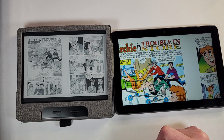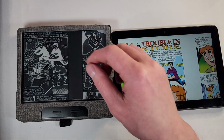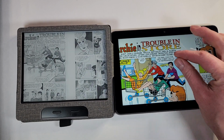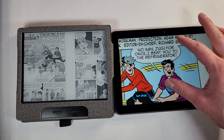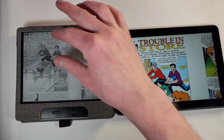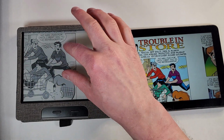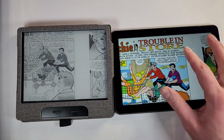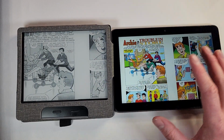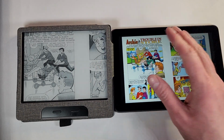Technically, you can do the same thing on the e-reader. It takes a lot longer to do, and you don't really know where exactly it's going to stop. And on here, you can zoom in right to where you want and let go. You know where it's going to stop. This is a lot harder to do. So those are two big differences. If you do a lot of comic book reading, this to me would be the better option. Any Fire tablet or any tablet over the e-reader, just because it's nice and colorful, easier to zoom in and